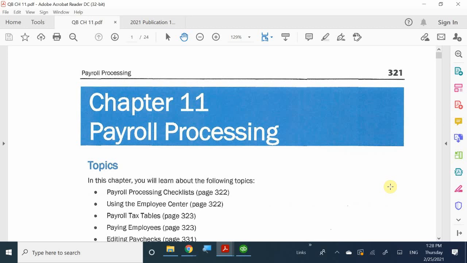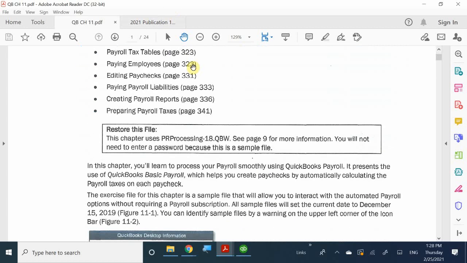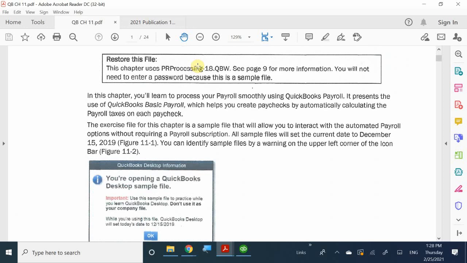Right, let's get started. Today we are looking at chapter 11, which is payroll processing. Yesterday we took a look at how to set up the payroll items, as well as setting up payroll taxes and setting up our employees. In this chapter, we are looking at actually using a payroll service that Intuit offers us, which we did mention yesterday, right? We got to see the three different payroll services that Intuit offers to make it easier to do payroll